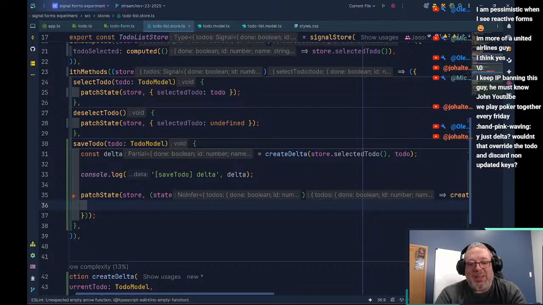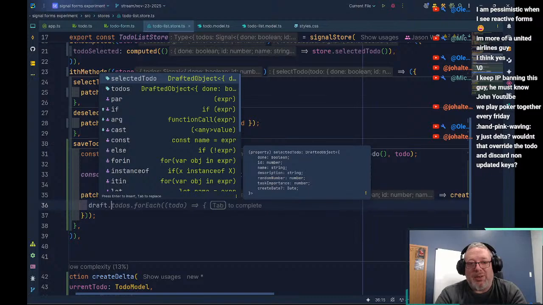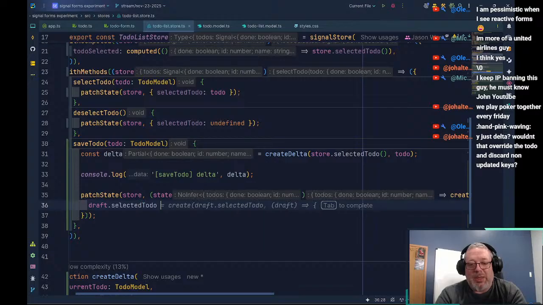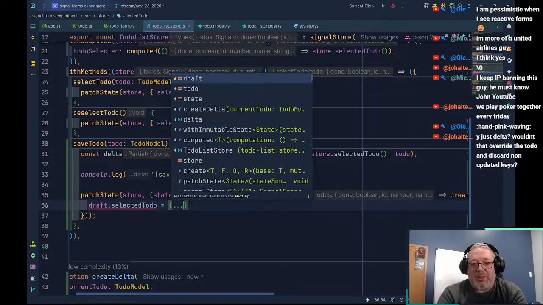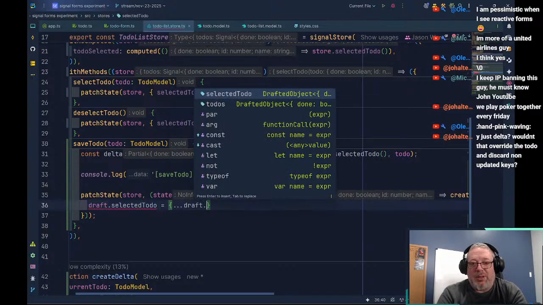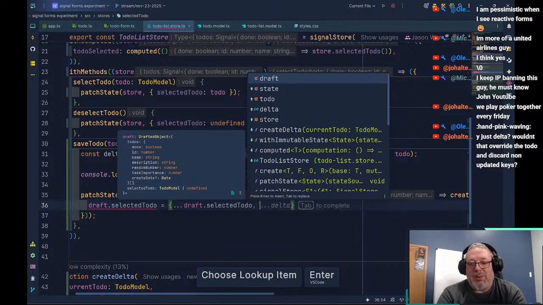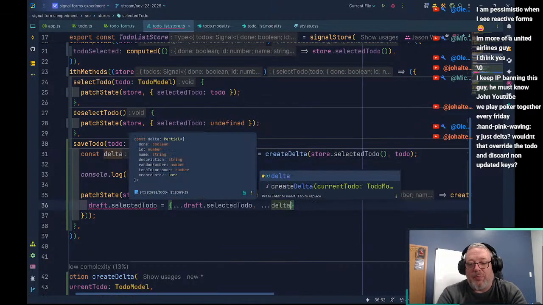Actually, we can just say draft.selectedTodo equals, and here we can do another spread, so ...draft.selectedTodo, and now we can do the delta.